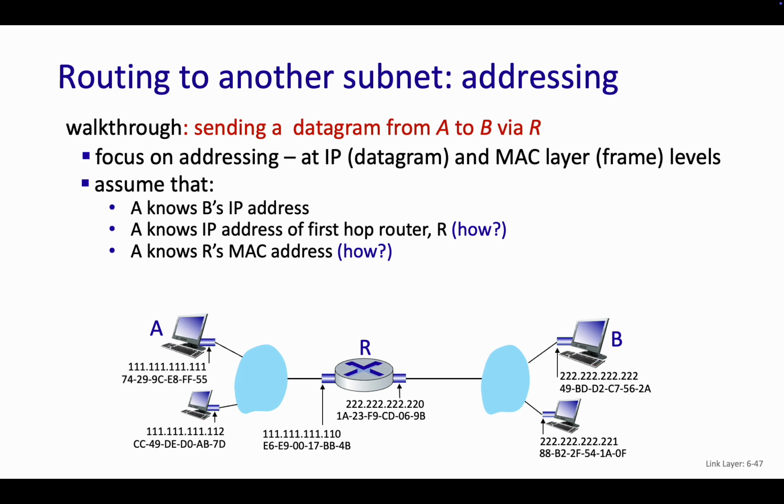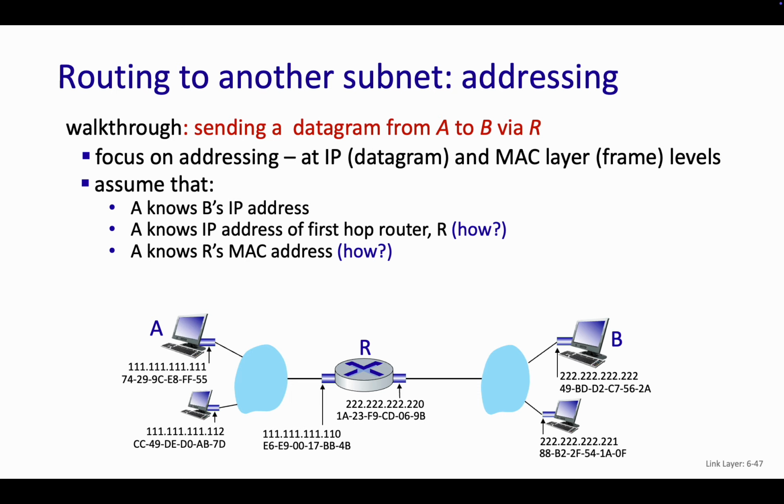You also need to know your first hop router. Because if you say, hey, IP address, send to 222, I don't know how to route that. I don't know how to get there. So there's always a first hop router. If there's ever an IP address that I don't know how to send to, I will send it to my first hop router. That's pretty much all internet traffic, unless it's local. If I'm sending to you, my laptop will send it to the router by default.